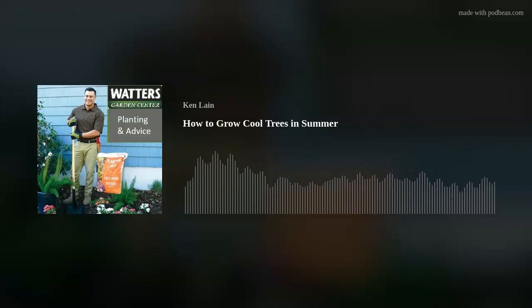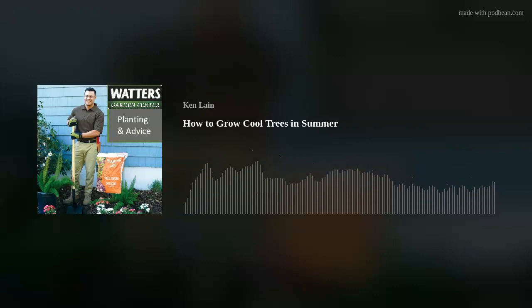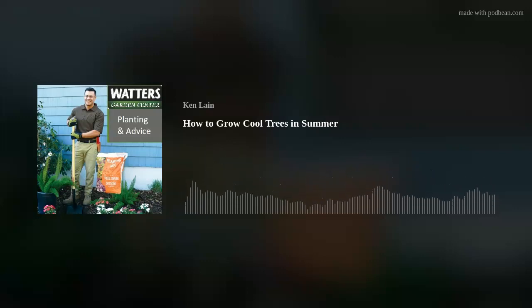It's got a deep taproot, makes it super drought hardy. It's very robust. It's got all the seasons covered, spring flowers, summer shade, fall color. Even the bark is distinctive. It's not white, but it's a real light gray. Very interesting, very pretty. A tree that really does well here. So I think there's some great shade trees, and this is a great time to be planting one,